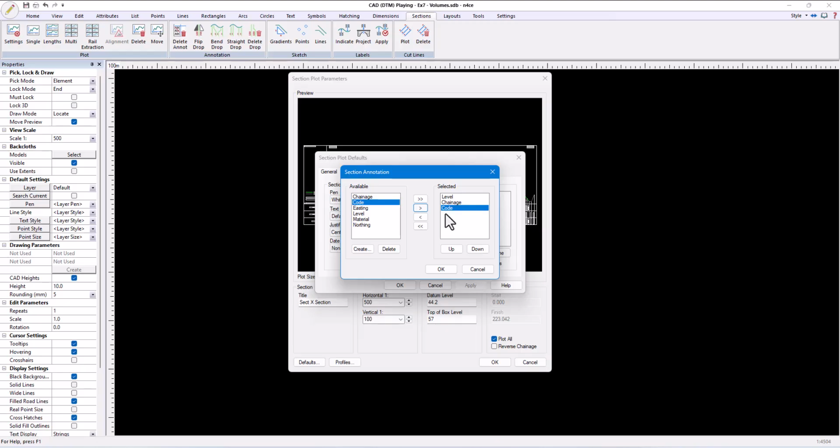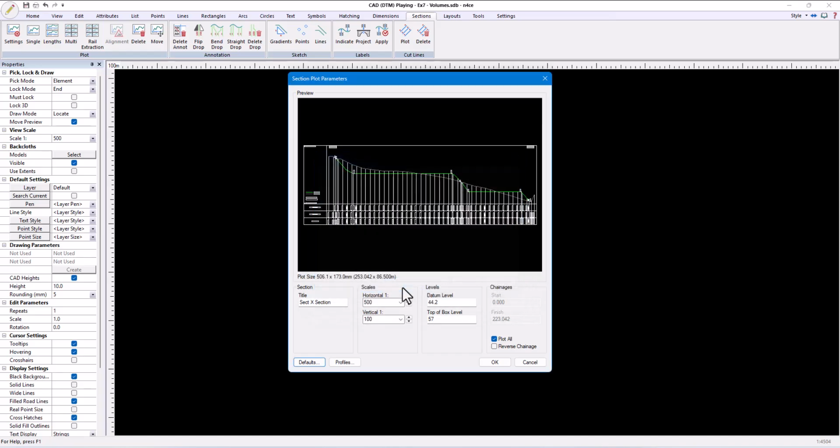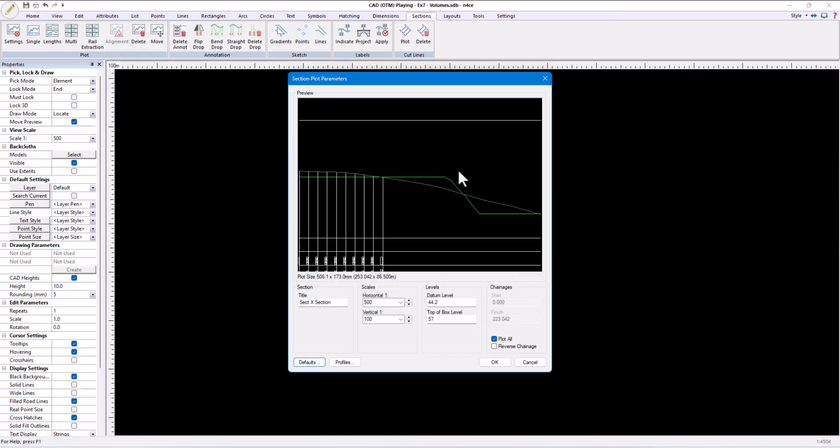By double-clicking on the code item, we can configure how the code annotation is displayed. If the text is plotted on the section itself, it will be very clear to anyone looking at it exactly where the tops and bottoms of the batters are. Hence, we will enable Plot on Profile. Otherwise, the codes will be plotted in their own row below the section and will not be as easy to